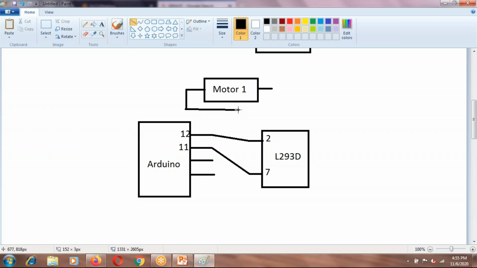That is pin number 3 and 6, isn't it? If you see the pin diagram, the output pins for the left part of this IC are pin number 3 and 6. So you will connect the output pins here.